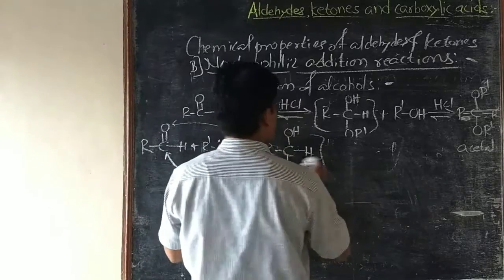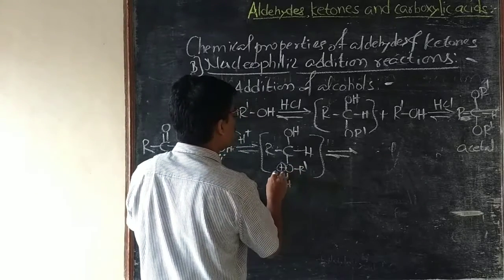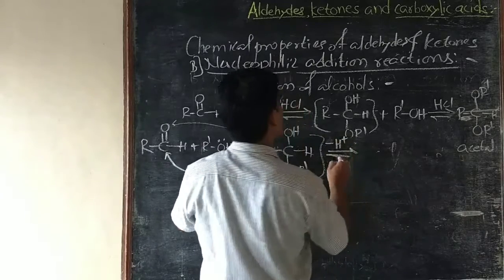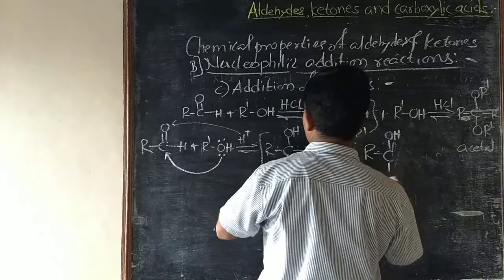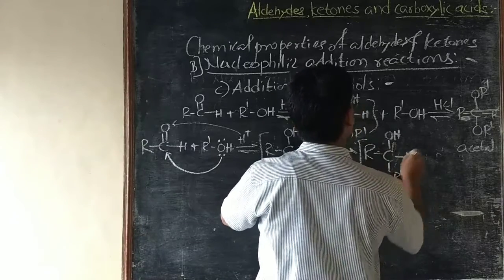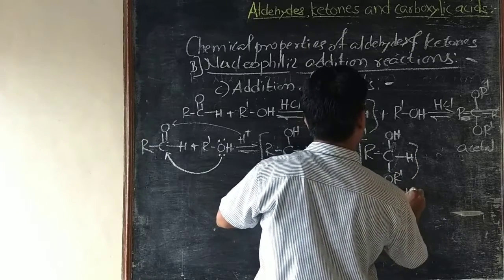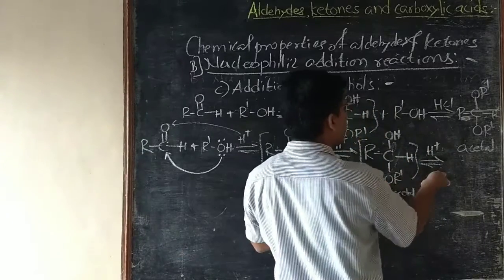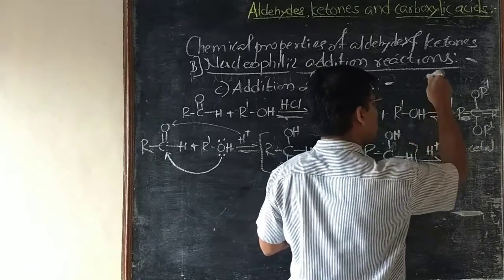Then this hydrogen gives its electron pair and it goes as H plus to form RCOH and OR prime. It is hemiacetal, that is this. This hemiacetal further reacts with one more molecule of anhydrous monohydric alcohol in presence of dry hydrogen